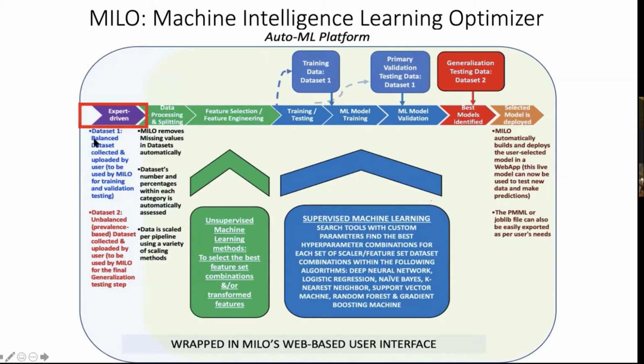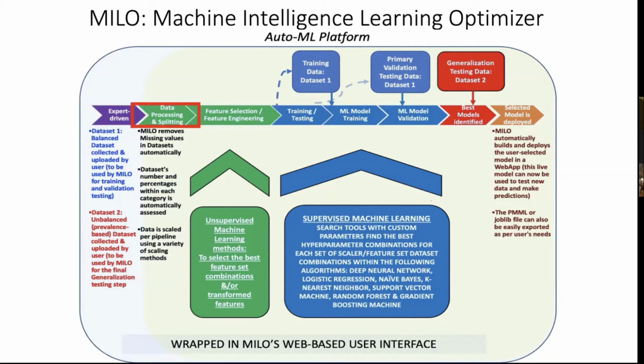We require 2 data sets to be brought in, one that gets split into training and testing to build and validate the models, and then the second one, in the red, that basically says, these models that are now validated, how well are they performing in real life with a prevalence-dependent data set. And if they're delivering properly, then they can be deployed. We even let the users deploy the models and start testing them either individually or embedded within their LIS, or even within their clinical trial as a batch mode, whatever else they're looking to do.